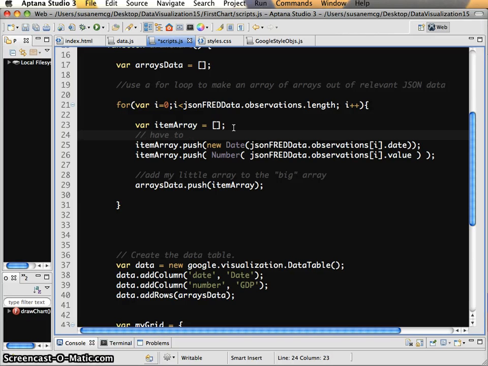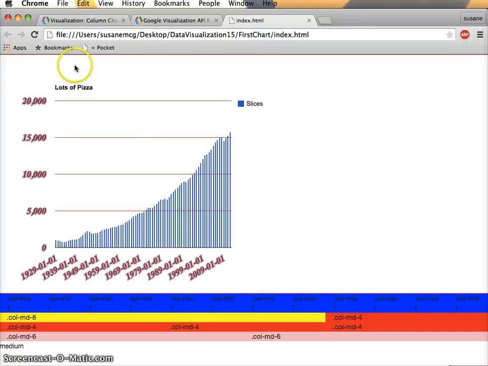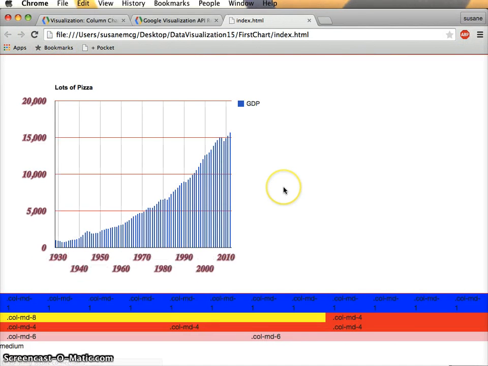Have to use the new keyword with dates. And how do we know that it's a keyword? Again, our typography helps us there. New sort of highlights in this golden color, as do date and number, right, when they're highlighted like this. So if we do this, we're not going to see off the bat a big change. Oh, we'll see some change on the front end. There you go. So it's now interpreted